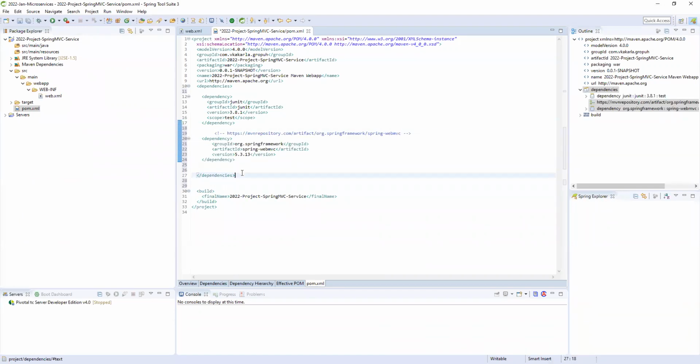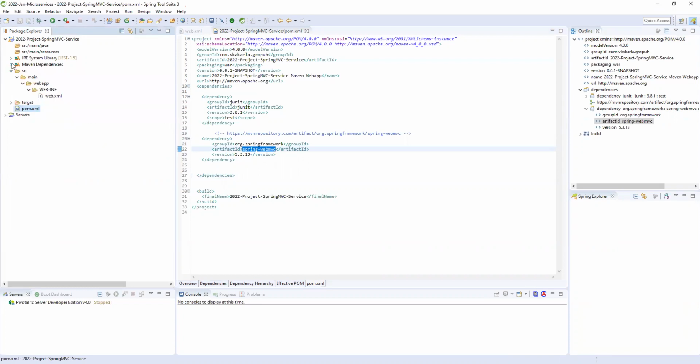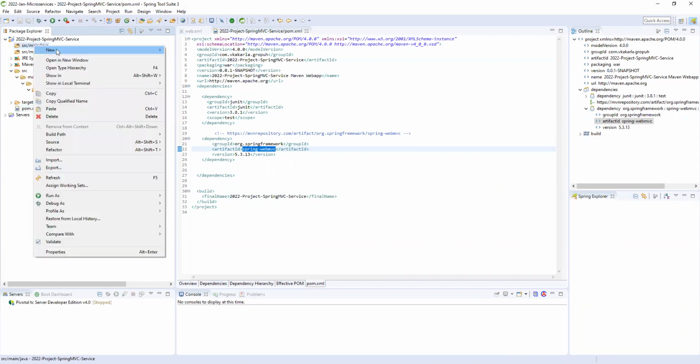All controllers and everything will come. Whenever we save, it will automatically download here. Now we can create controllers and so on, because the Web MVC related jar files are there. In Maven dependencies, Spring IOC and Spring Core now all come automatically. Whenever we add this, the dependencies come, otherwise they will not. Okay, fine.